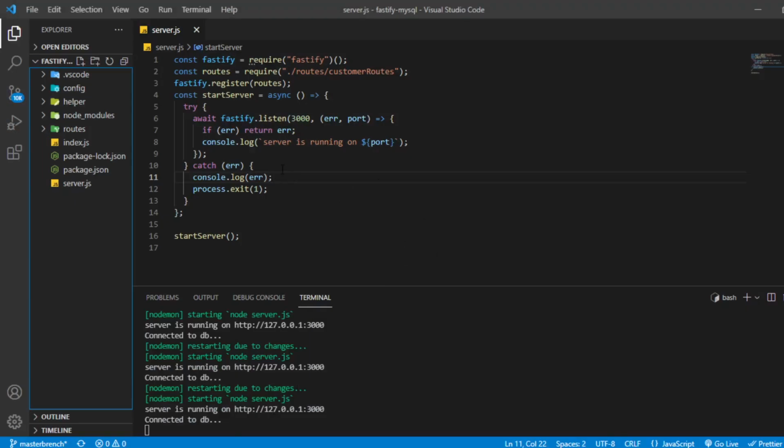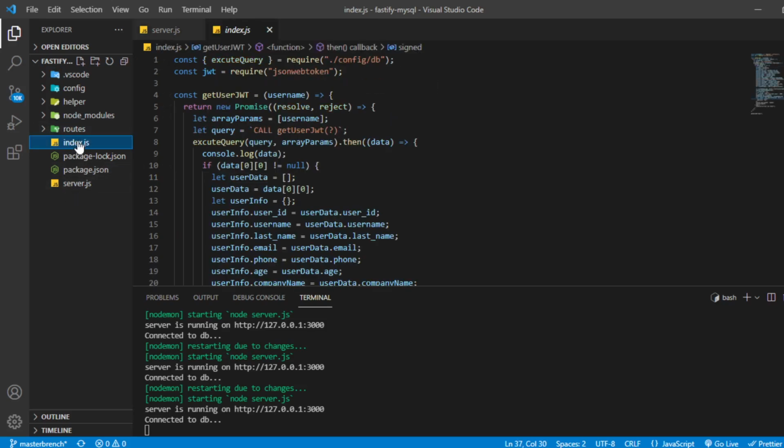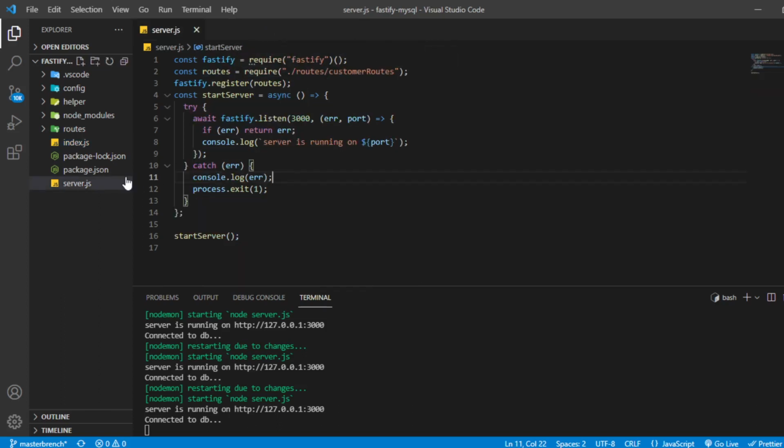So this was the code which I had written, and you can see here, ignore this file index.js. In this, we had done something related to JSON web token. You don't have to focus on it, you can simply neglect it.